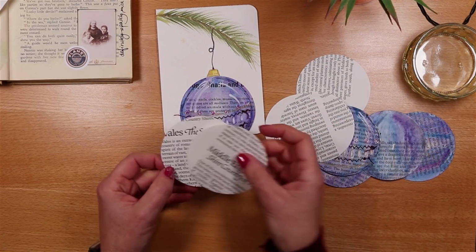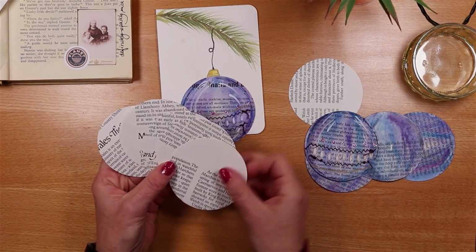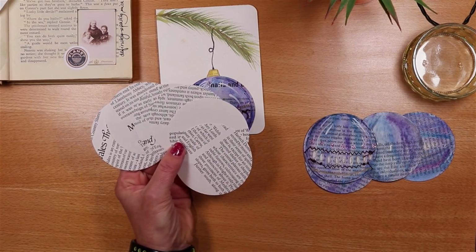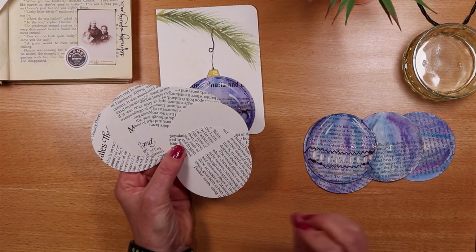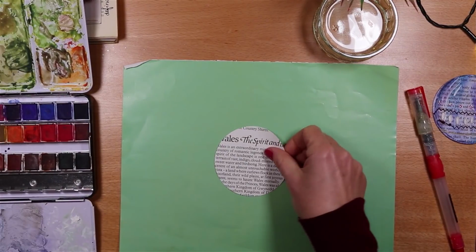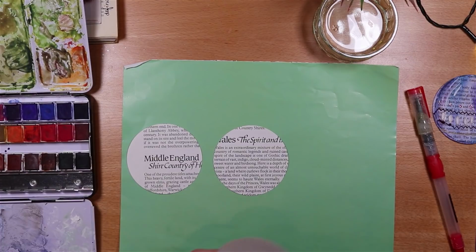And when you've got a few of these, you might want to do a few at a time. You want a piece of paper to put them on, because we're going to get a bit sploshy and have a bit of fun, and then we're going to cover them with a relatively dilute watercolour few shades. So let's have a go at that. So let's lay these out on a different sheet of paper so it's easier for you to see on the